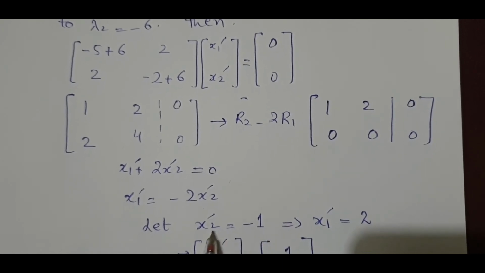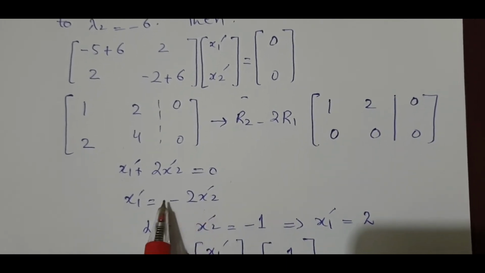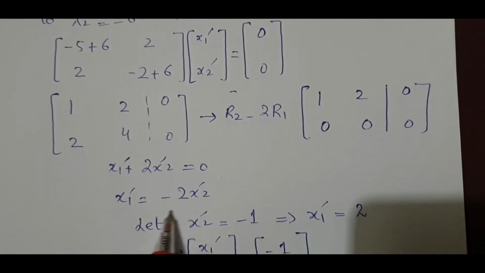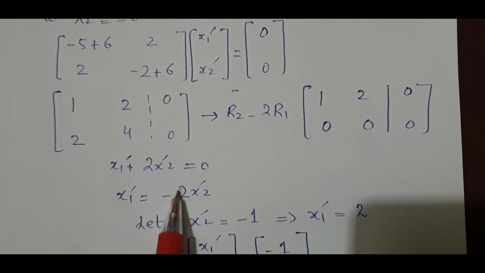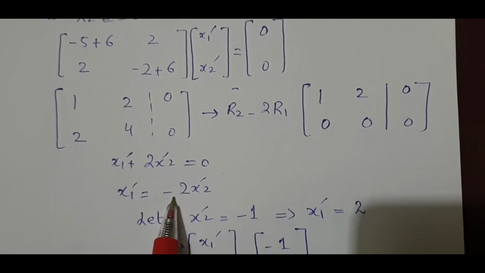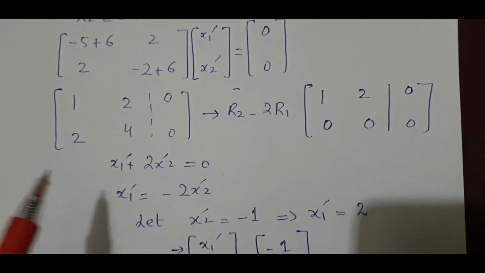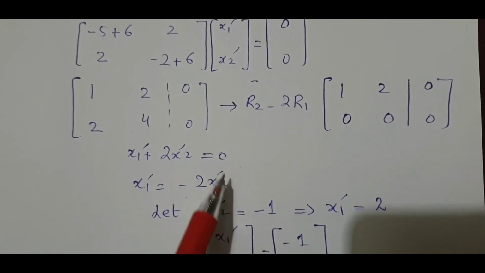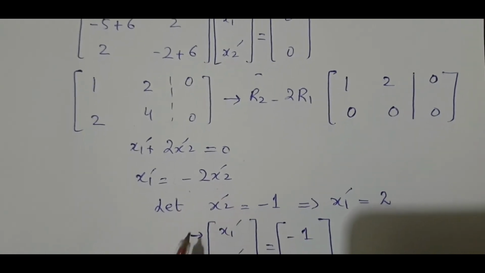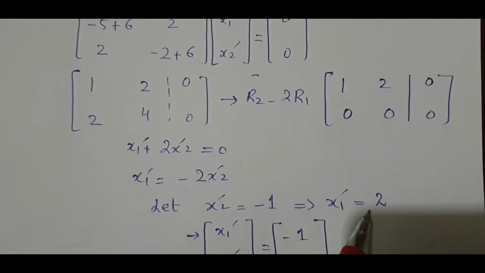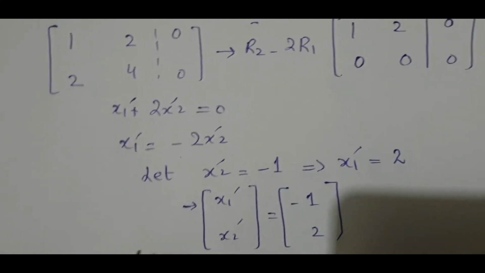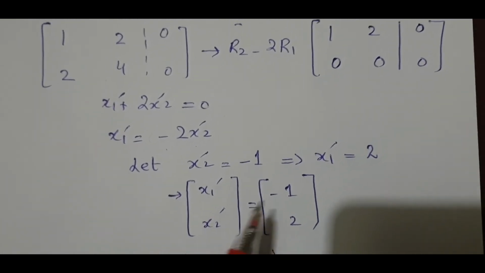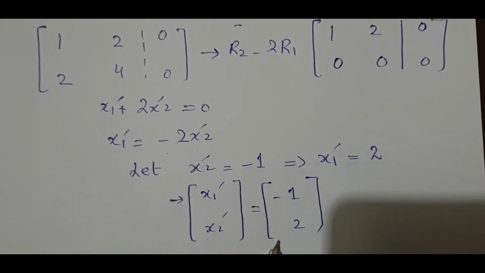and after performing it, again I got this equation, and I suppose the value of x2 is equal to -1. Why? Because I don't want this minus sign in my calculation, for simplifying my results. I wanted to remove the effect of this negative sign, just to get a positive value. Or you could have also chosen x2 = 1. It doesn't make any difference. So x2 = -1 will generate x1 = 2, and then I have written the second eigenvector (x1 bar, x2 bar) = (2, -1).